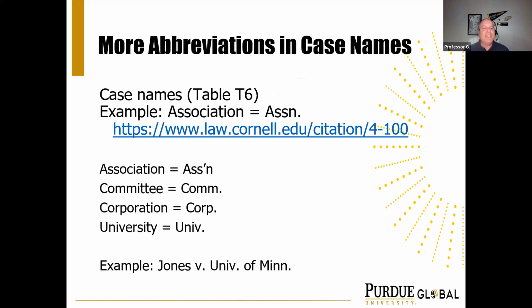So, more abbreviations in case names. Oh my goodness, Bluebook tells us how to abbreviate everything. So in names, in the title of articles in a secondary source, but also in cases. So we go to table T6. Here's a link. If you don't have the Bluebook handy, Cornell's got some wonderful resources as well. We share with all of our students in LS 204 and 244. So they're free. Georgetown Law has a few things as well. But here's some common abbreviations and how you would use that in the citation